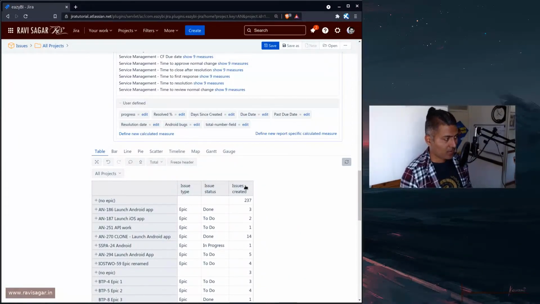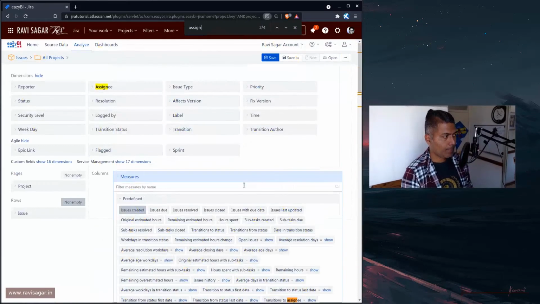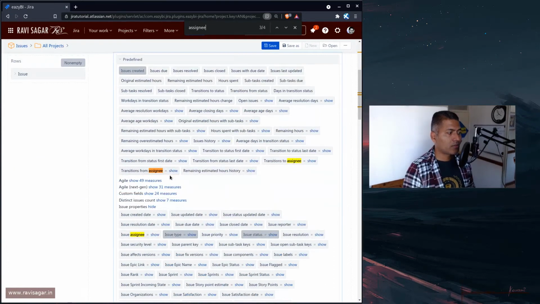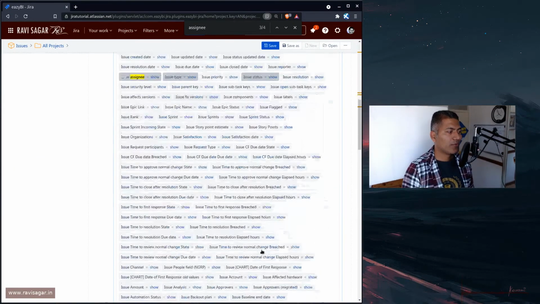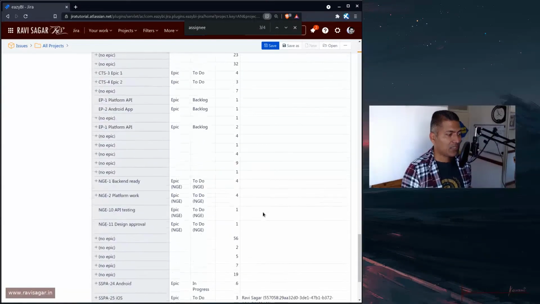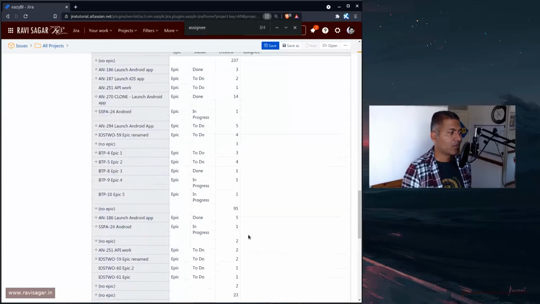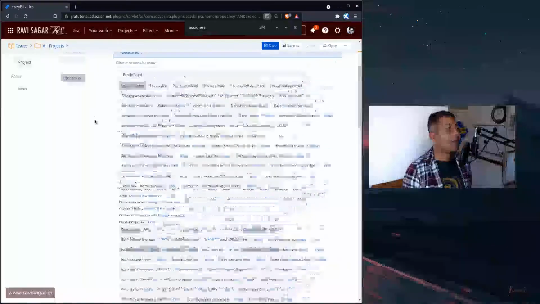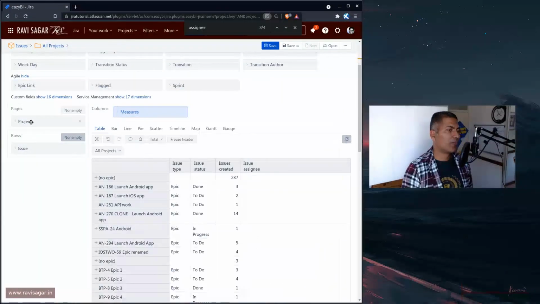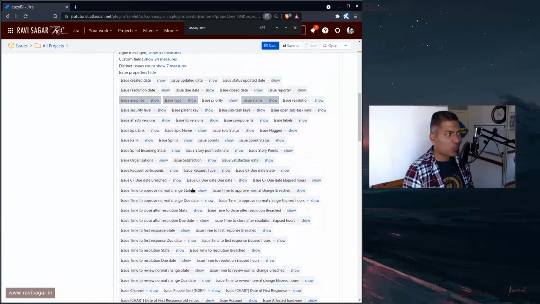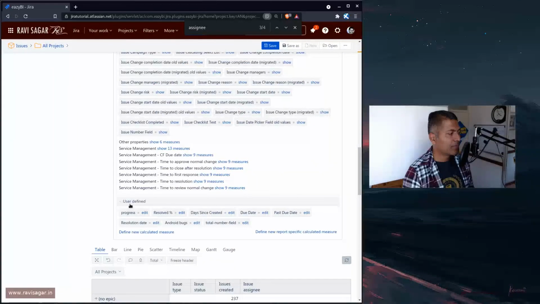let us see the assignee, right? So let us take a look at the assignee, but not the assignee as a measure, like a separate measure. Just use the issue assignee. So you can see here straight away the issue assignee, which I believe most of them are unassigned, which is sad, right? So maybe you just want to also bring your assignee somewhere in your pages, like a filter. So this is very powerful because you can do a lot of wonderful things with this particular issue properties and also the user-defined